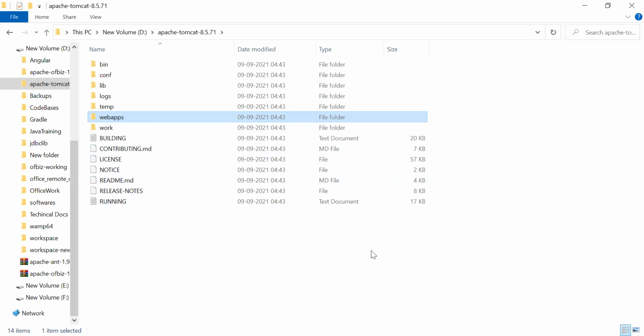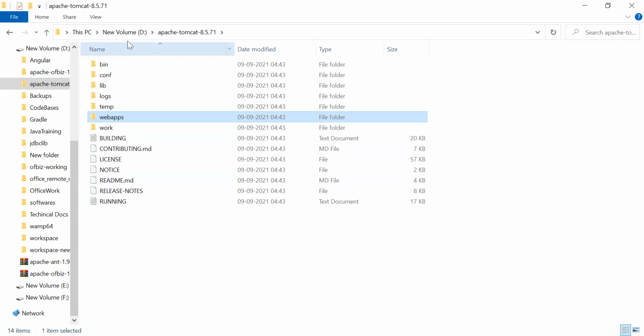Directly from Eclipse, you can embed your Tomcat into Eclipse. Or you can take that WAR file or web app and paste it in webapps, so that also works. I'll tell you that later, but for now you can understand.